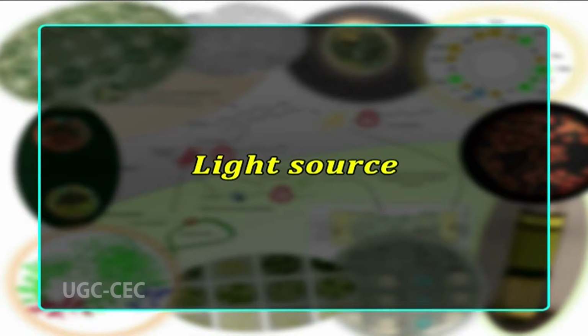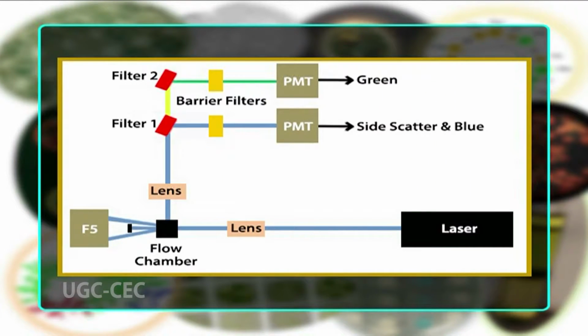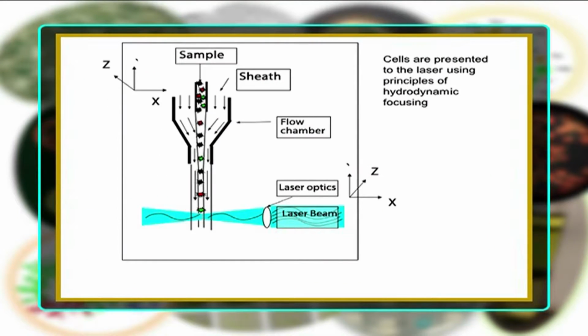Now, the most important component of flow cytometry, which is the light source. The light source used in flow cytometry is a blue or argon ion laser that passes through a focusing lens. On the far side of the flow chamber is a bar which blocks the laser beam. The forward scatter detector sits behind the blocker bar and detects light scatter at small angles in a forward direction. A collecting lens is placed at right angles to the laser beam.